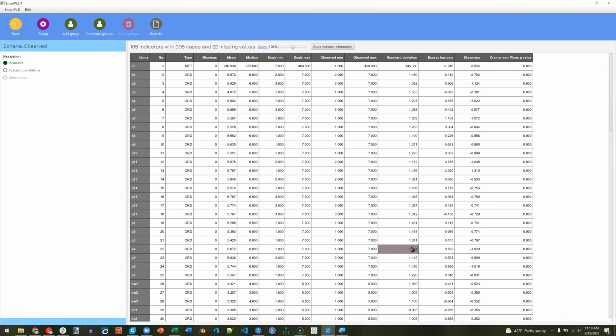Notice it does some basic descriptive statistics on your data. Tells you the type that you specified, how many are missing for that variable, the mean, median, the minimum, the maximum that were possible on that scale, but then the actual minimum and actual maximum that were observed, standard deviation, kurtosis, skewness, and the Cramér-von Mises p-value, which is just a test of distributional normality, which I've never actually used,